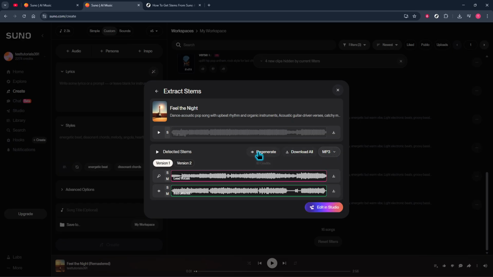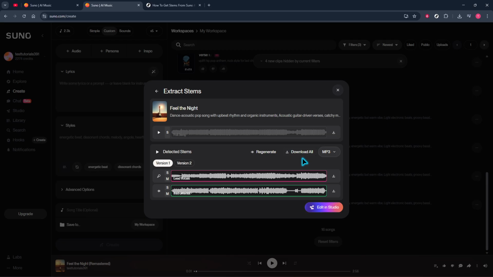remixing. Now grab your files, download the vocal stem if you need an acapella, and download the instrumental if you're preparing a backing track or karaoke version. If you've extracted multiple parts or want everything in one go, click Download, all to save all available stems at once. It's a good idea to keep versions and formats organized in clearly labeled folders so you can quickly find